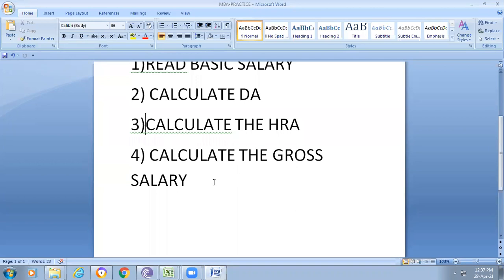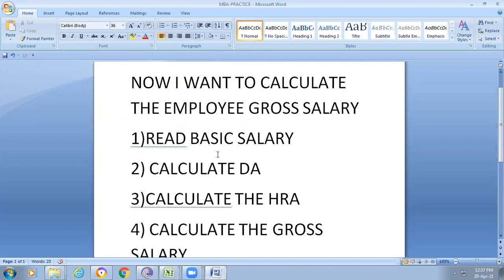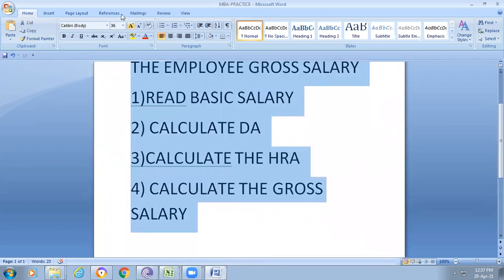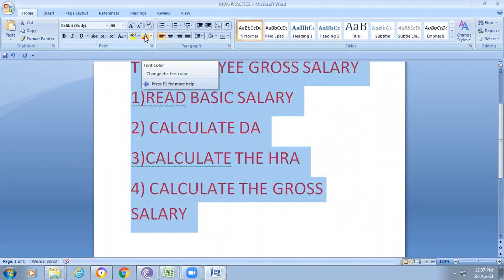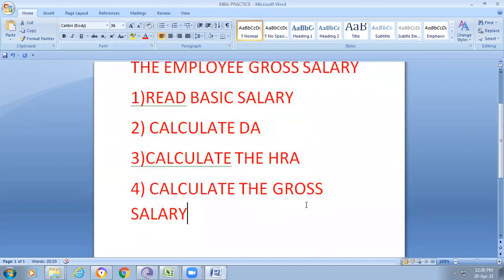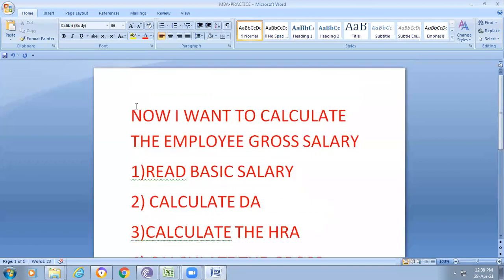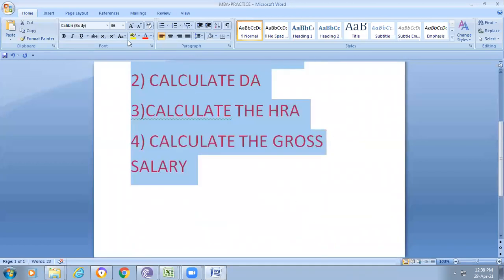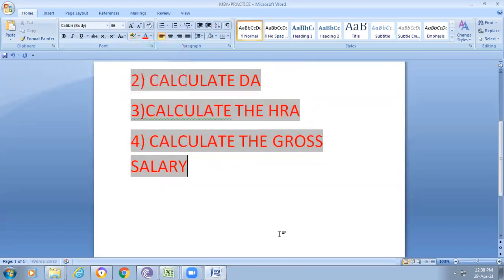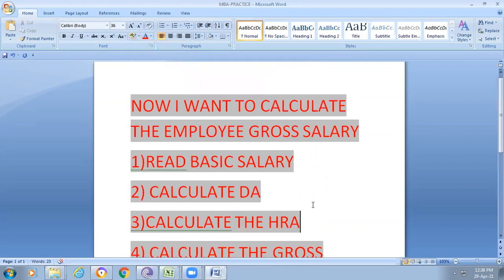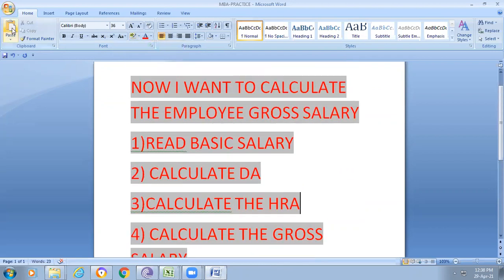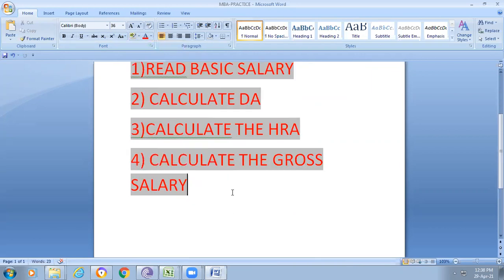So how do we do this? I already explained how we change the color of the text. Simple, here you are able to see this is the font color. Here I am changing the color to red. At the same time I can give a background color also. If you observe here, this is the background color. For example, I am giving this one. In this way we change the background color also. I think all of the members are able to know this.